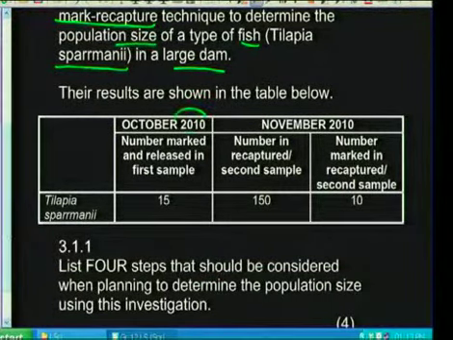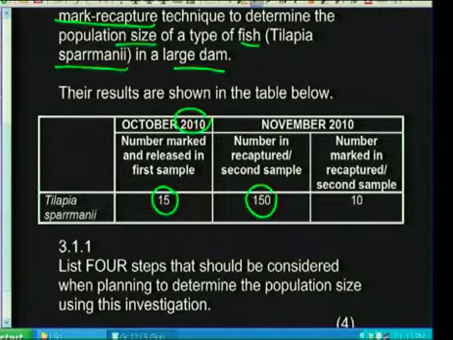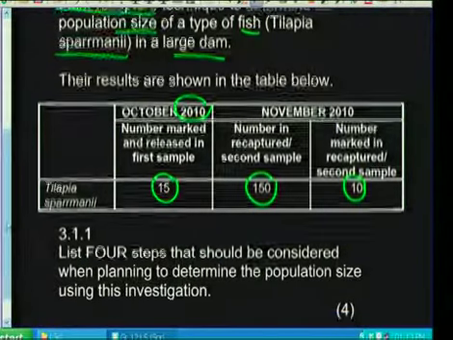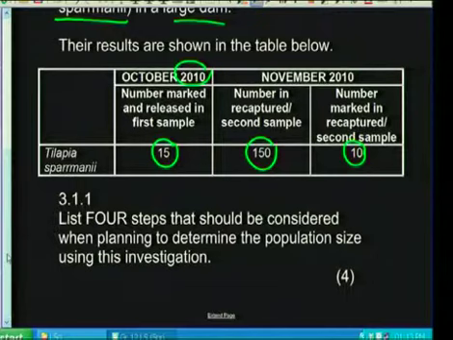This was caught in October 20. They marked and released the first sample, which were 15 fish. In November 2010, a year later, they caught the second sample, and they caught 150 fish in the second sample, of which 10 of them were marked. So, the first question: list 4 steps that should be considered when planning to determine the population size using this investigation. So we've got to mention 4 steps that should be taken when planning to determine the population size in